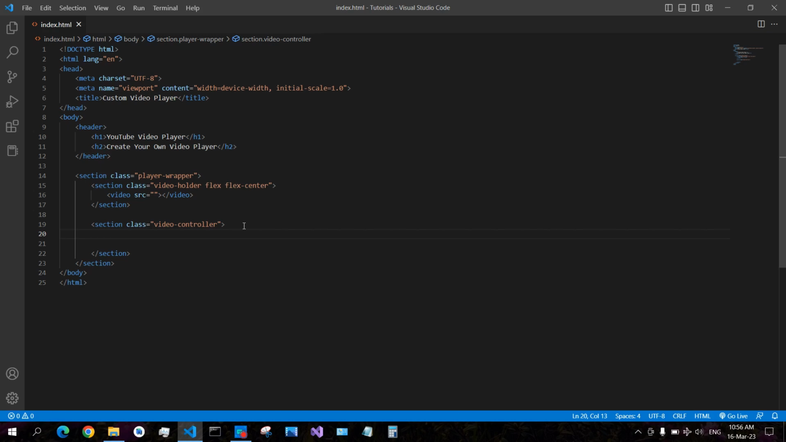Inside of this, open a div element, give it a class controller container, flex and flex column, justify content around. Inside of it,